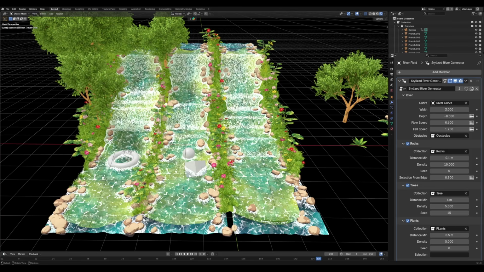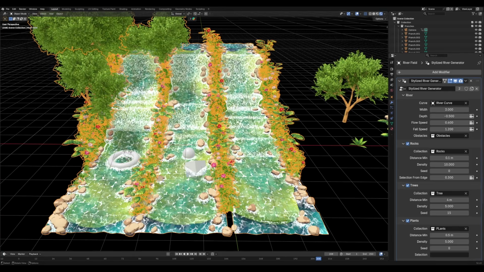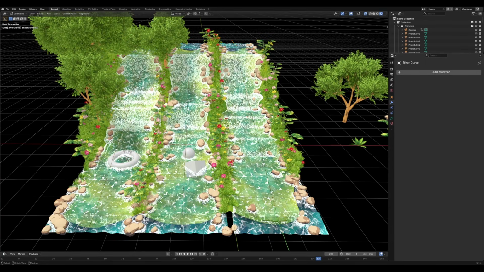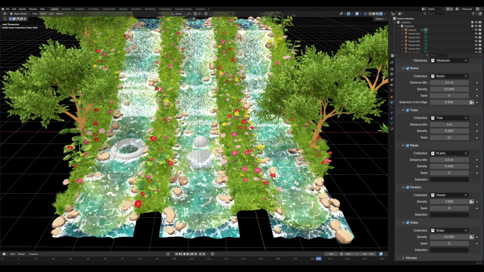Hello guys, today I will show you how to use the Stylized River Generator tool. You just select a mesh to use the modifier on and a curve as a river, and the modifier will do its magic. You have a couple of parameters for the river: